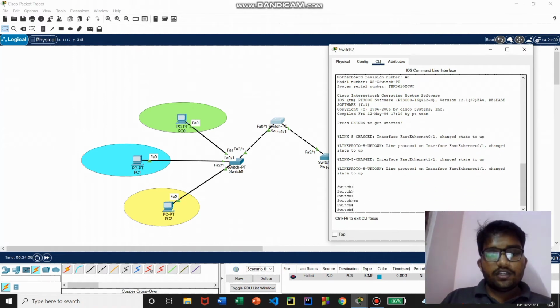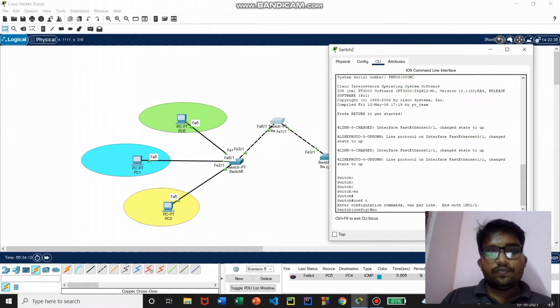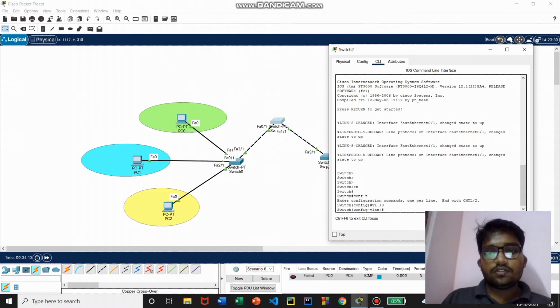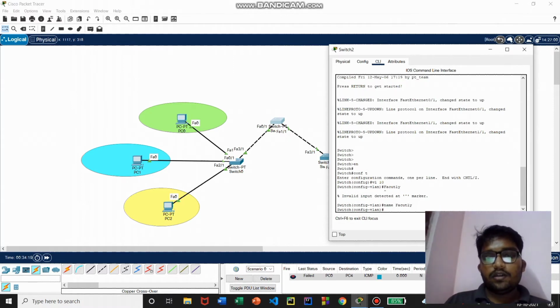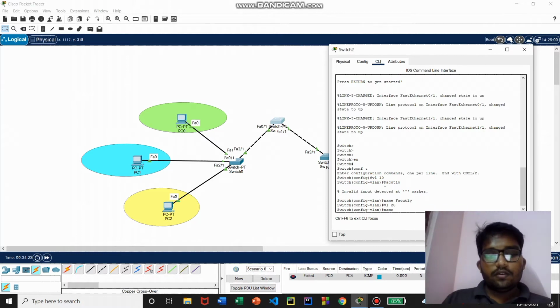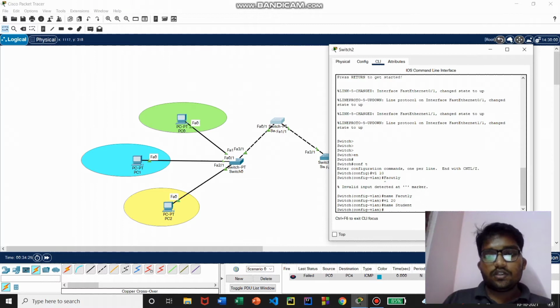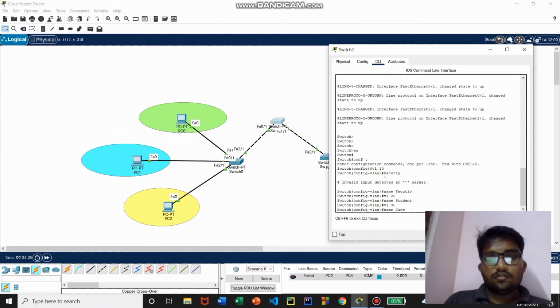Now let me create the VLANs first. Config terminal, VLAN 10, that is faculty. I just have to give the command name. Now let me give the command VLAN 20 to create VLAN 20. Name is student. Now VLAN 30 name is guest.